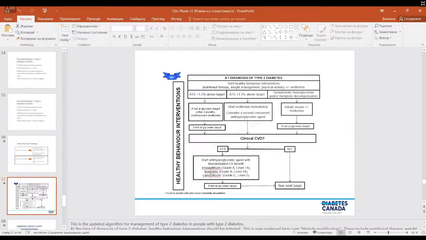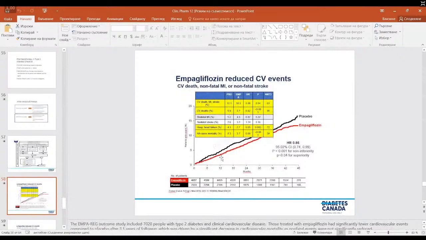And EMPA and canagliflozin are actually SGLT2 inhibitors, which have a very important place also in the treatment of heart failure patients with or without diabetes mellitus, if you remember from our first presentations. Why do we prefer empagliflozin in patients with cardiovascular events? Because as you see here,